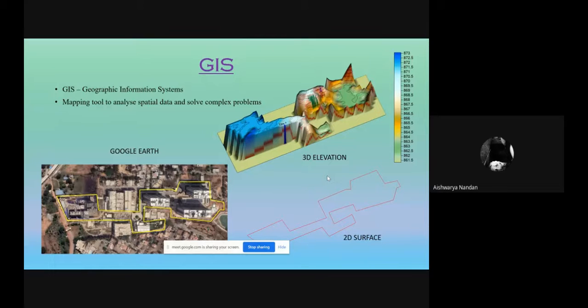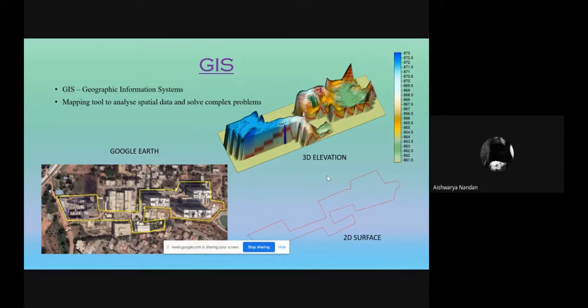This Google Earth data is the same plot, which uses GPS coordinates to locate it on the Earth. Then you can convert this into a 2D surface, seen on the right side, and above it is the 3D elevation.